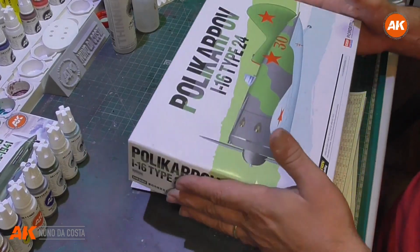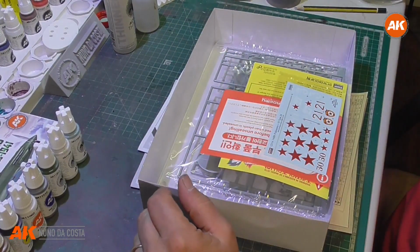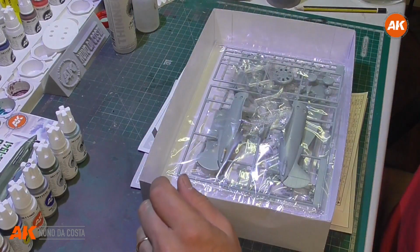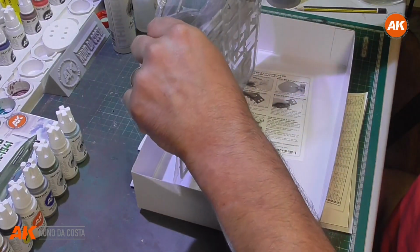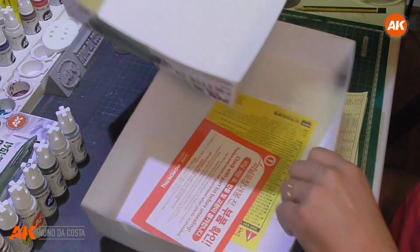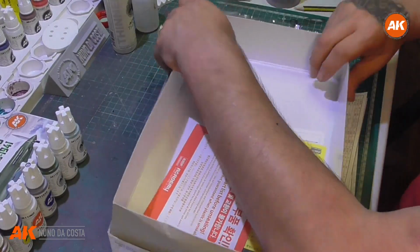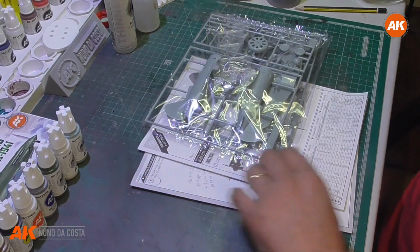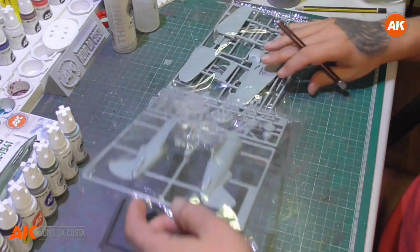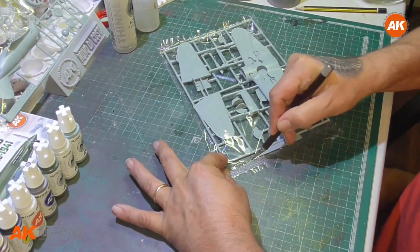Okay, so before, let's open this, and I will show you guys what you can get on the inside. Okay, this is just warnings, and we got this in 2 bags. So just a second, like this, we are cracking those bags for you guys to see. So this is a very simple model to build. Okay, there are no issues. It lacks a little detail, of course,